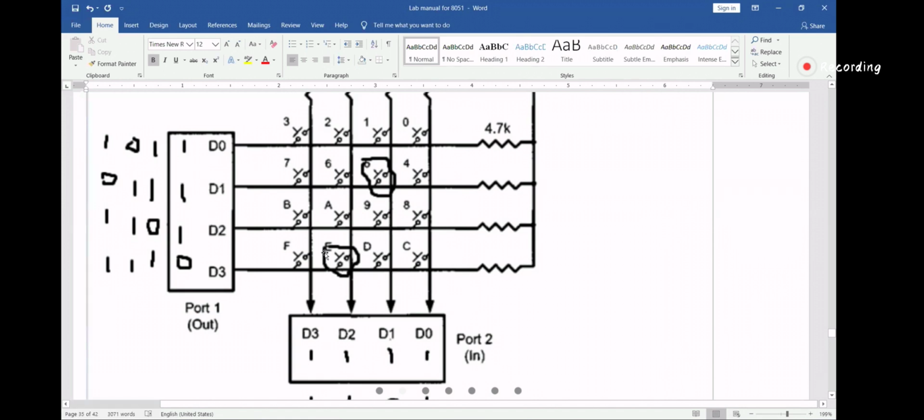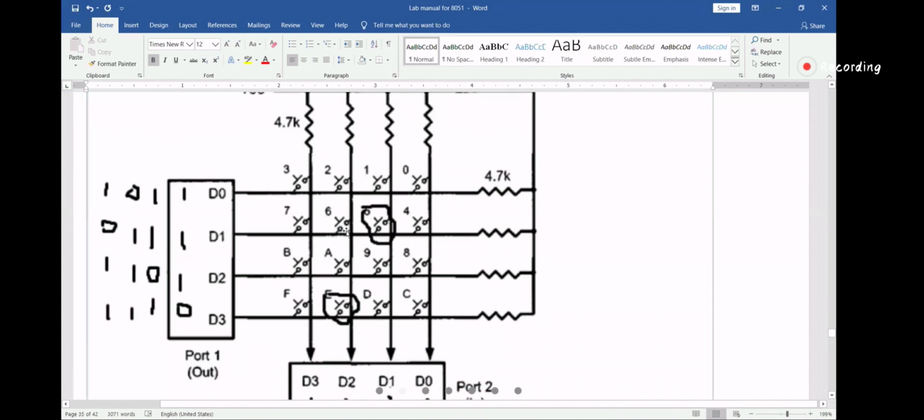The only time this value will change to 1, 1, 0, 1 is when I give 1, 0, 1, 1. That time I know that D1 of port 1 and D1 of port 2 are pressed. Are you getting or not? That means the second row, third column is being pressed.